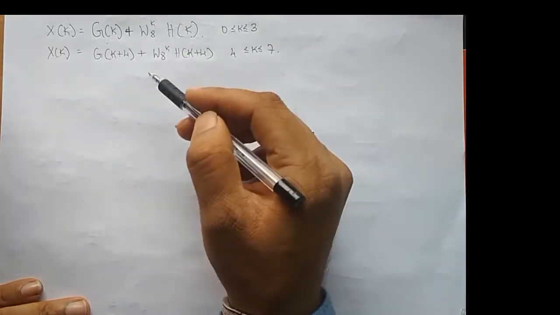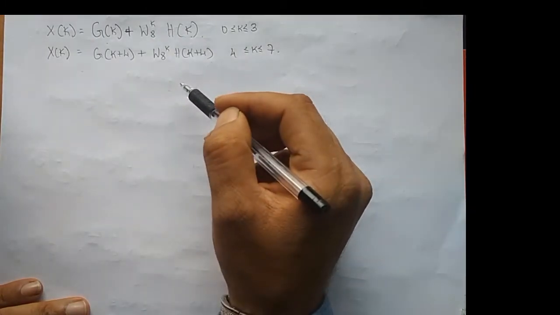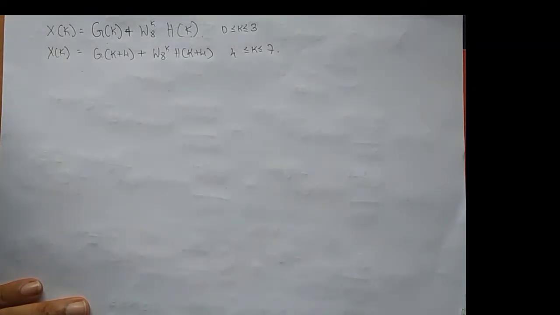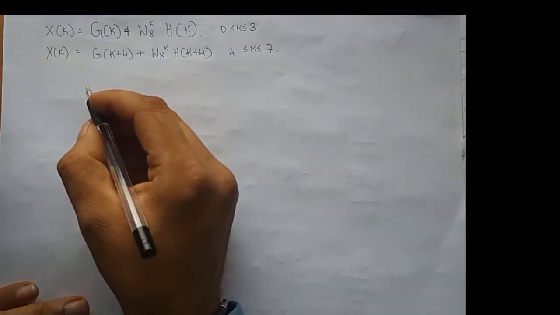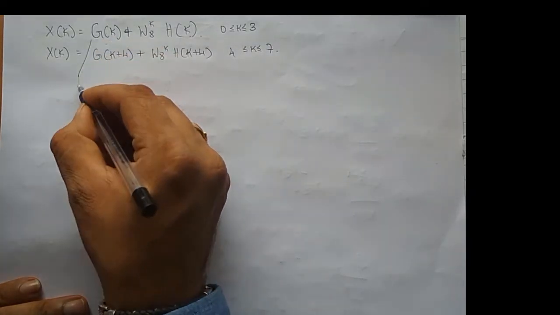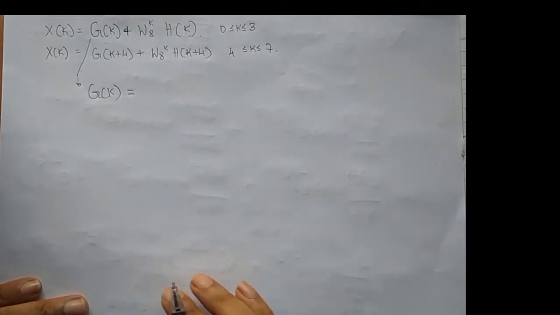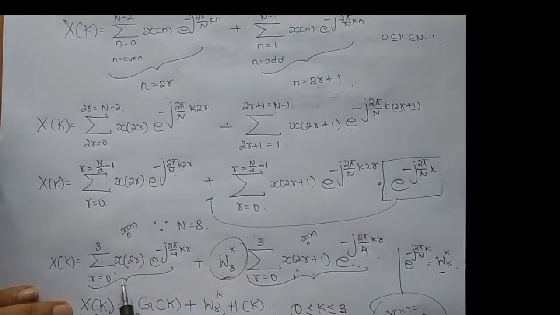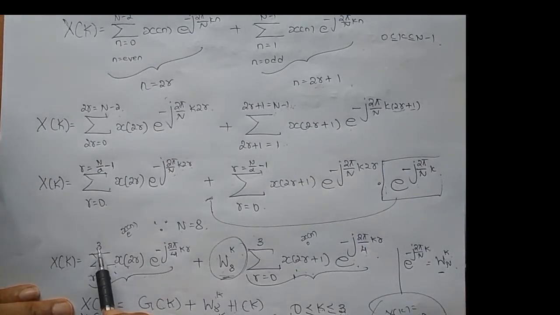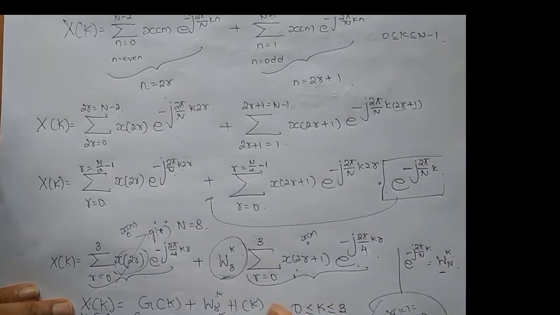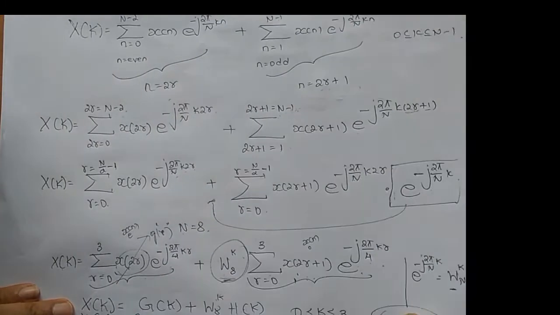Fine. And the procedure is the same as what we did before for decomposing a 4-point DFT of even and 4-point DFT of odd sequence. So what we do is we take this g of k, and what is the equation for g of k? So this was our g of k. It is summation r varying from 0 to N by 2 minus 1, which is 3, x of 2r. But what I'll do is replace this x of 2r with g of r. Okay. Why? Because this equation is for g of k.